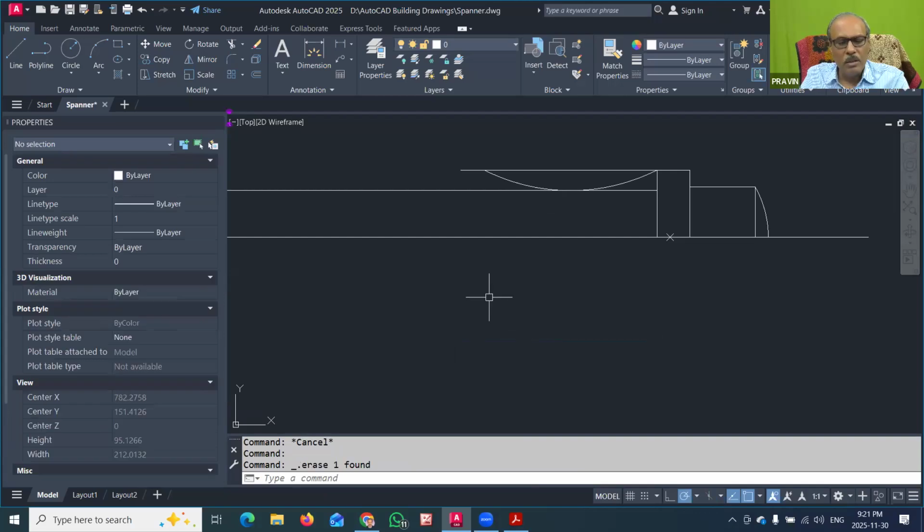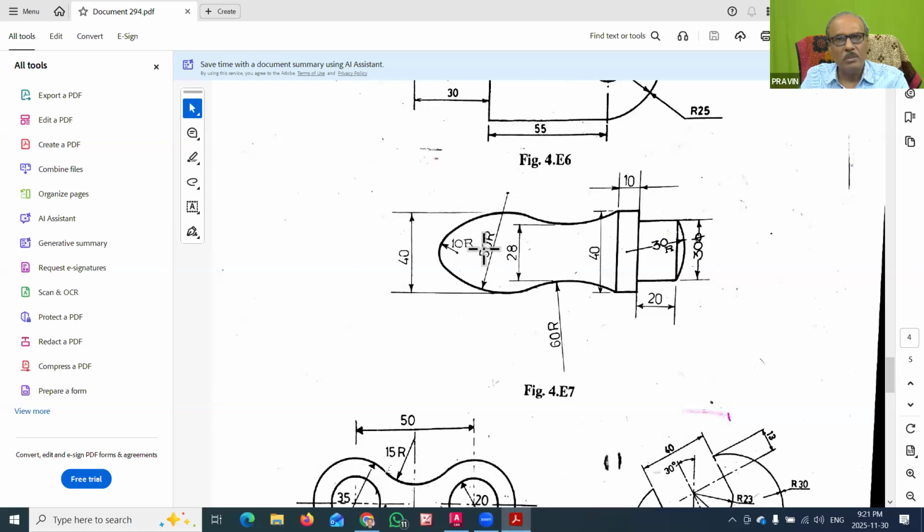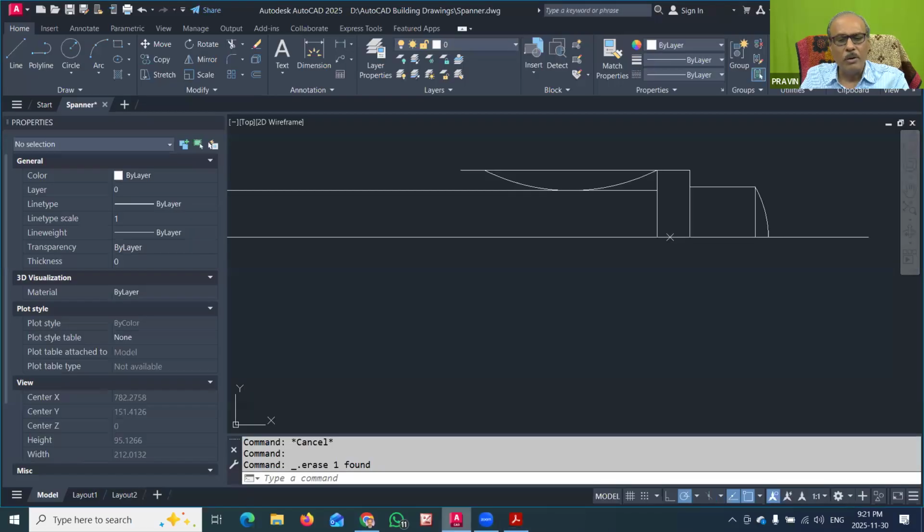So how this can be done, that also we have to now identify. So this arc should be having radius 50. To identify that, you have to also see that this circle is touching this circle also, this inside one. So radius of this is 60 and this is 50. So it is total 110. Means from the center, this center should be 110. So for that, now we have to take the effort.